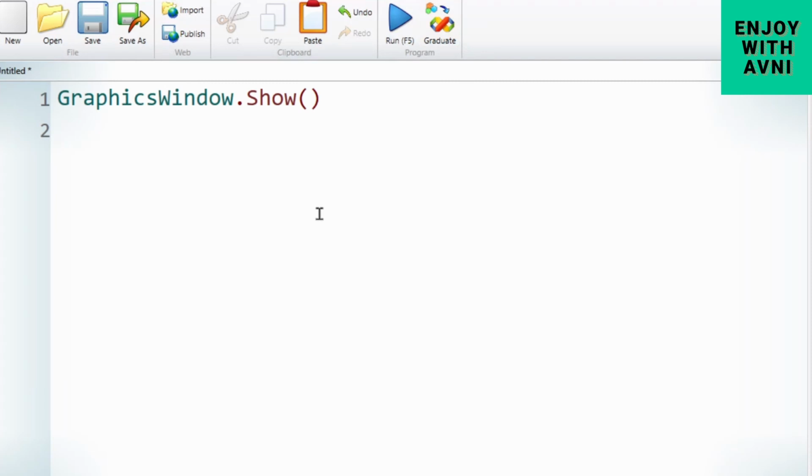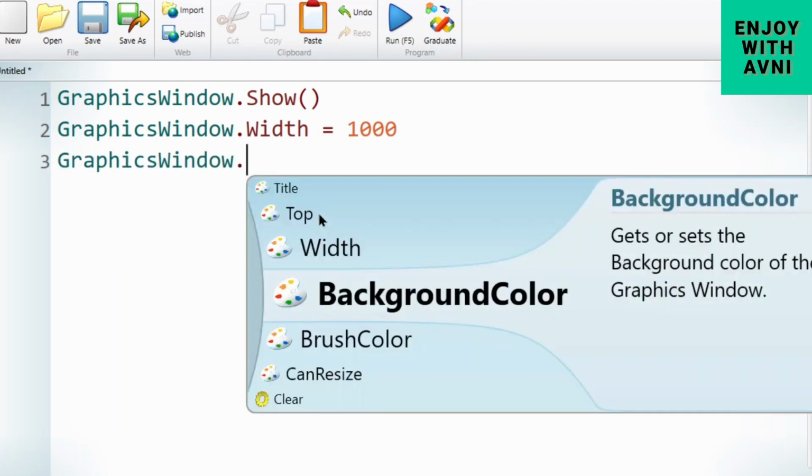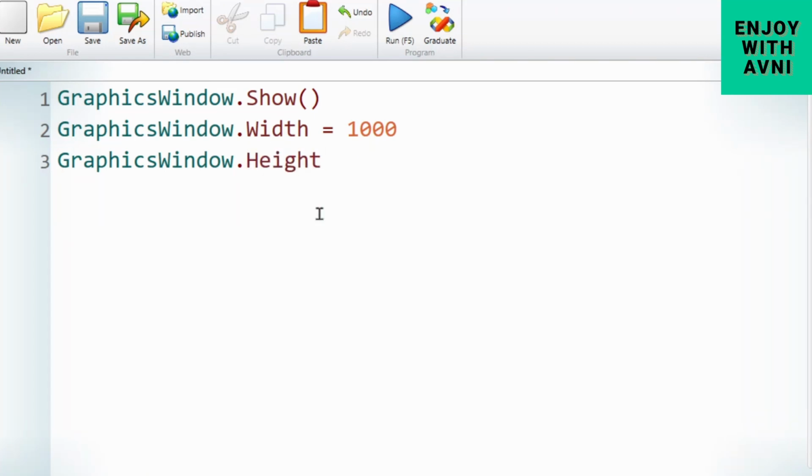you simply write graphicsWindow.Width equals 1000, and now the height, graphicsWindow.Height equals 500.